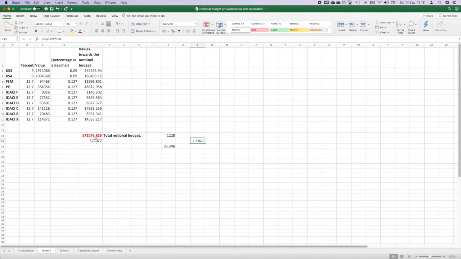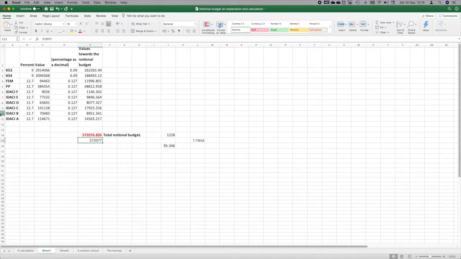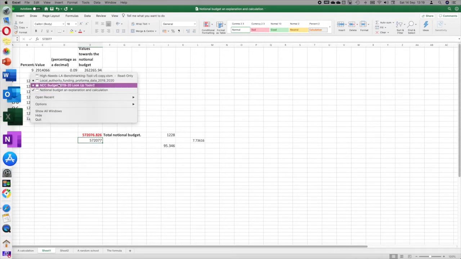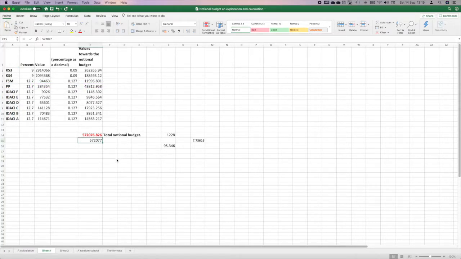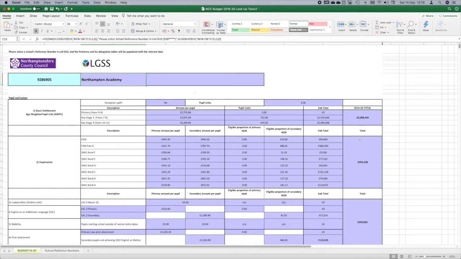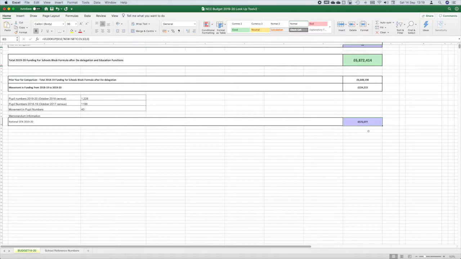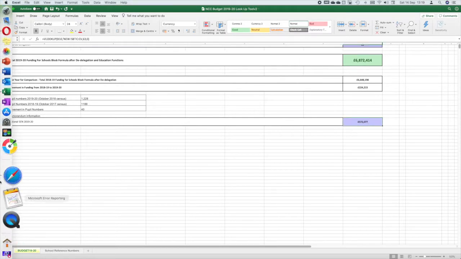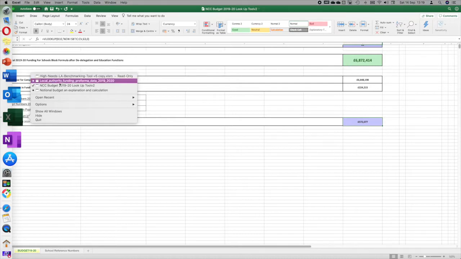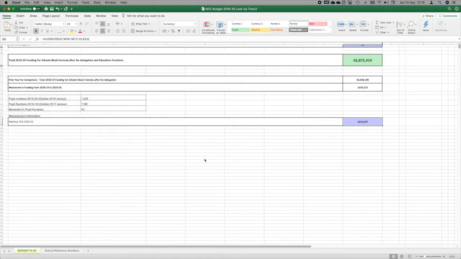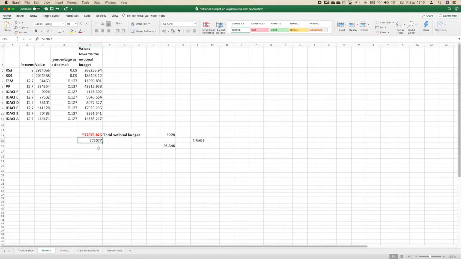Okay, let's check though, did I do that calculation right? So 572077, so if I go back and I find that calculation that we were looking at a moment ago. So there was Northampton Academy, there were those values, and if I scroll down, 572077, go back, check mine again, 572077. I hope that helps you in trying to work out your notional budget, how much you get, and it